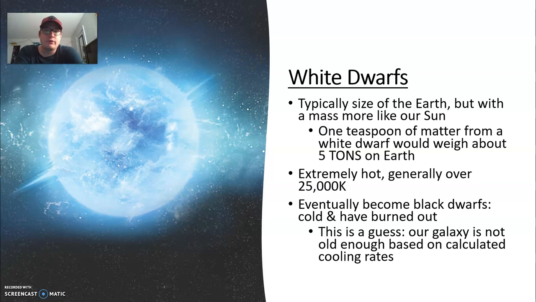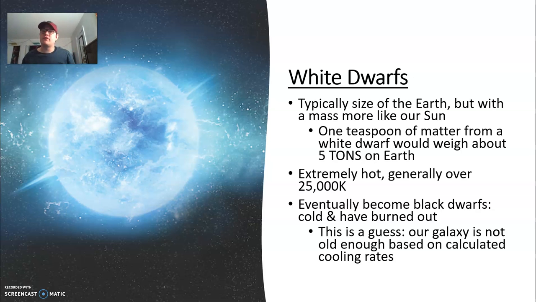We are going to talk about white dwarfs. These typically are the size of Earth, but with a mass more like our sun. One teaspoon of matter from a white dwarf would weigh about 5 tons on Earth, so it is going to be extremely dense. It will also be extremely hot, over 25,000 Kelvin,